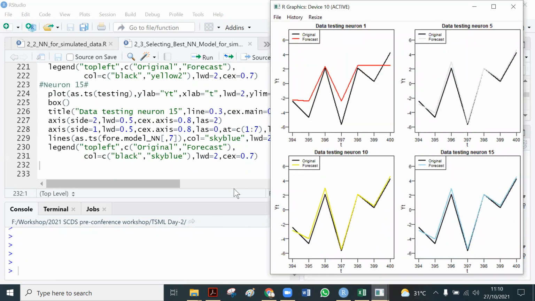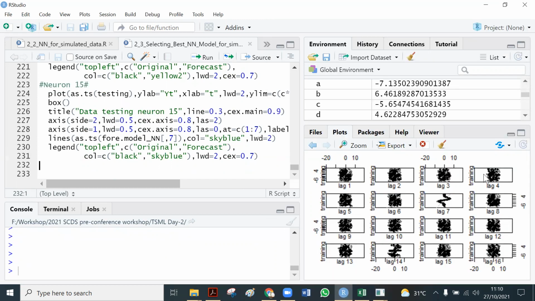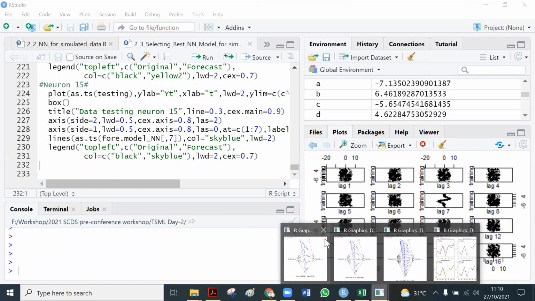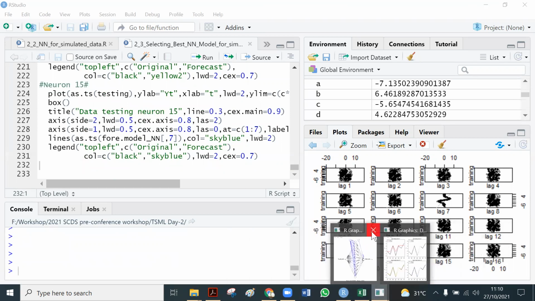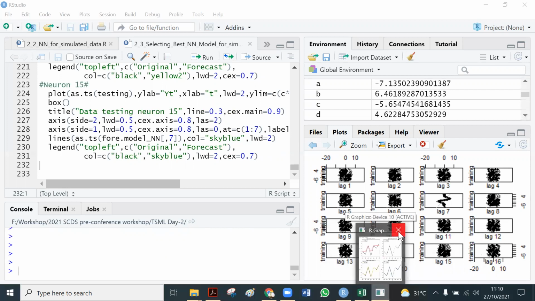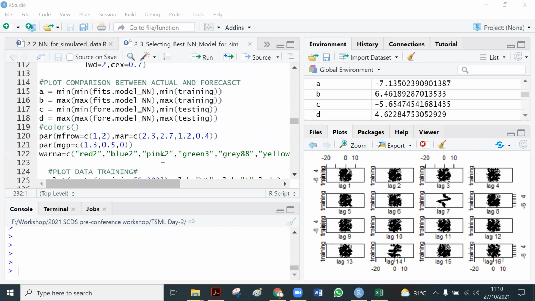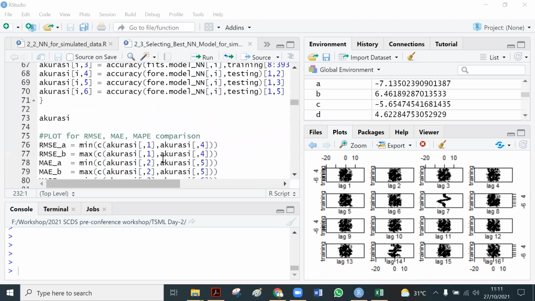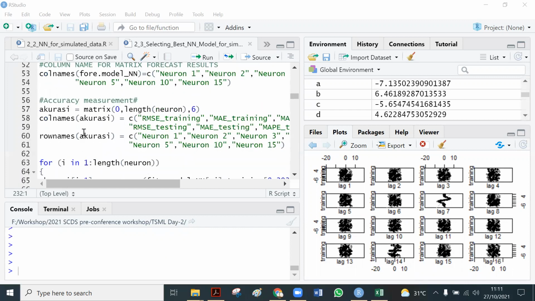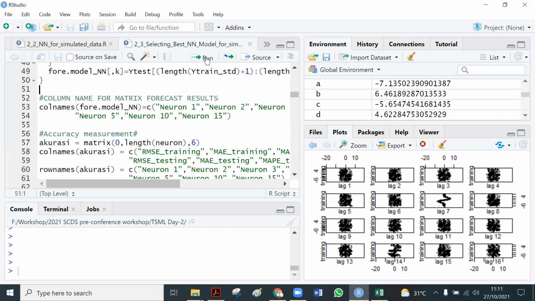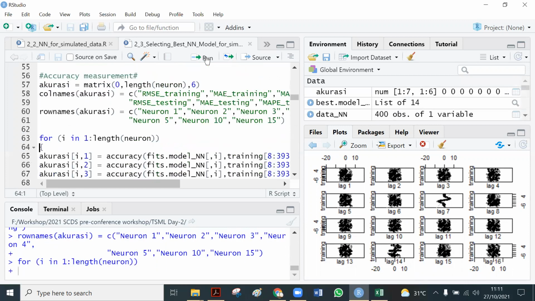If I want the graphs to appear in the window embedded in this RStudio, I need to close this active window, which is outside the RStudio, and then I need to rerun my code. Yeah, I rerun my code.